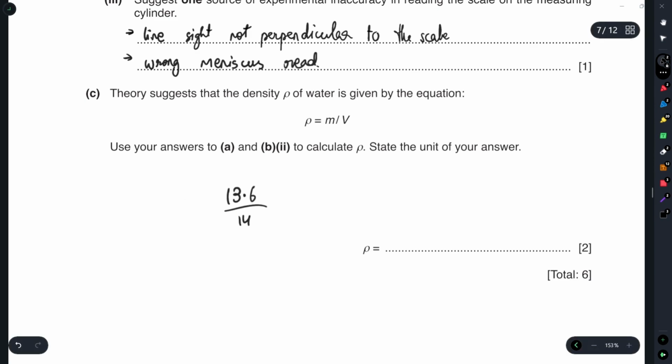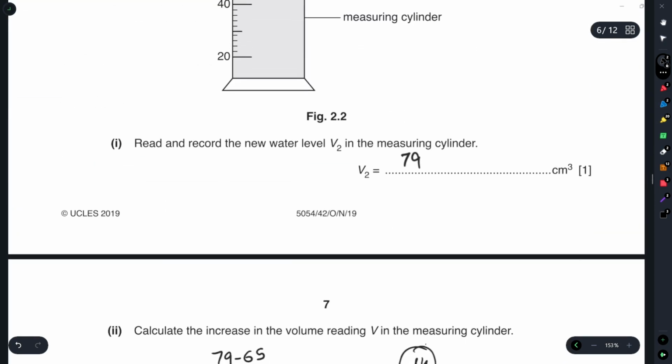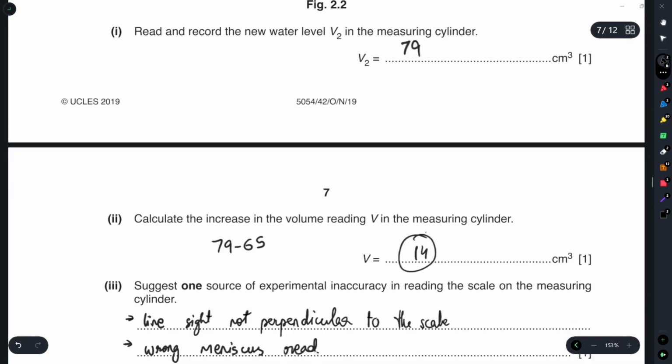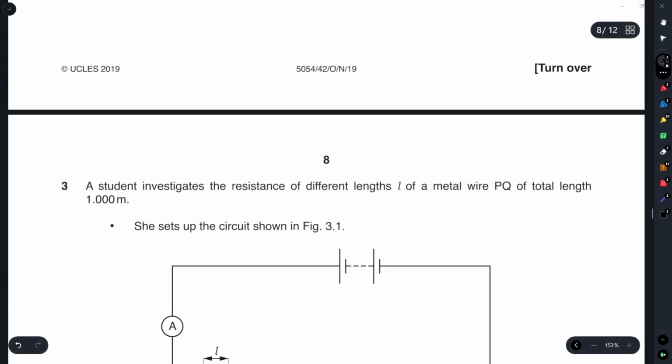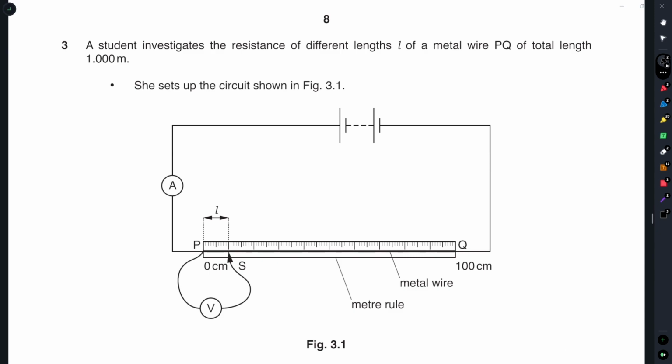So this right here is going to be 14. So I'm of course gonna have to use a calculator to figure that out. But your answer must be somewhere in the vicinity of 0.98. So 13.6 divided by 14. So my answer is 97.14. So I'm just gonna go with 0.97. Or 0.971. Okay, here the answer has been asked to be given to 3 SF, so here also you will give the answer to 3 SF. Okay. Moving on to question number 3, student investigates the